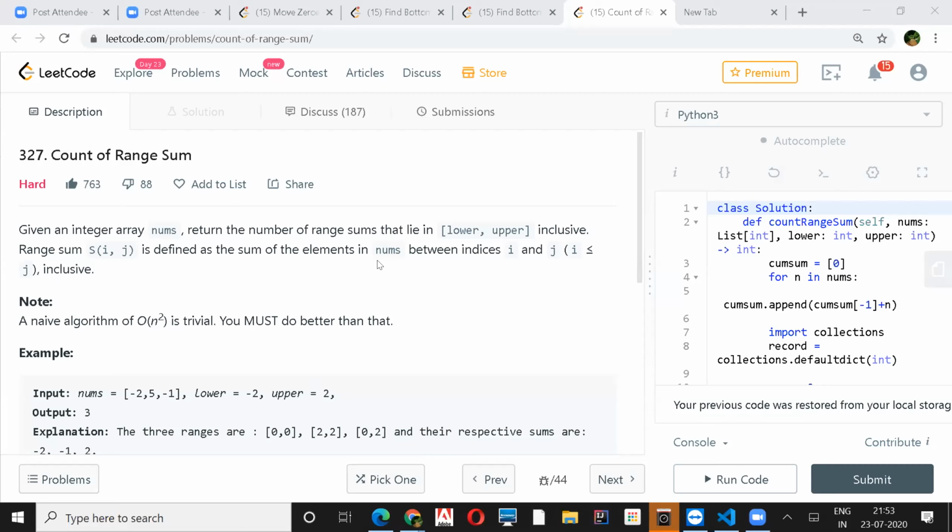So how do you think in a brute force way? Yeah, brute force way, he said it's an O(n square) solution. Yes, trivial one, so it is correct. Start from the first element in one loop, and go on inside another nested loop. Look for each and every element after that, right? Like one keeps on adding.